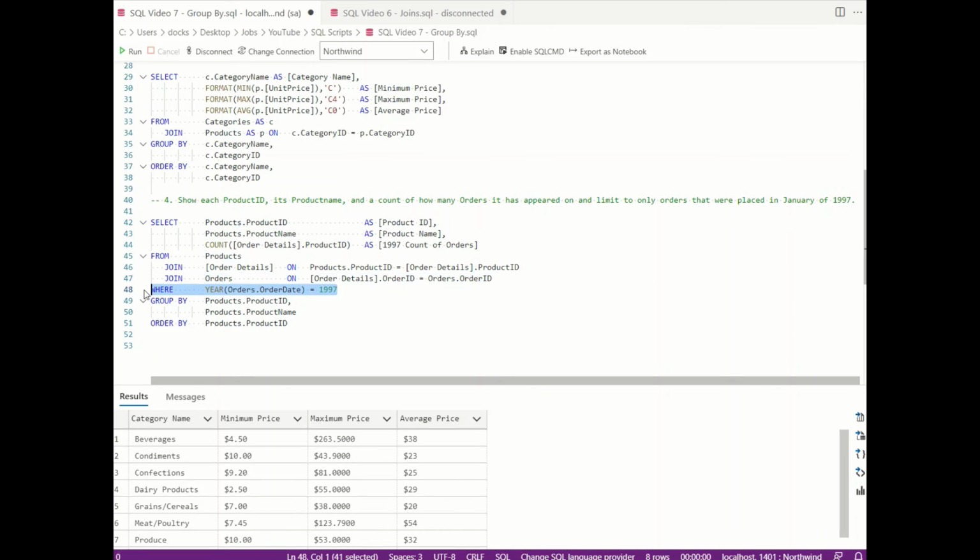We're adding in this condition where the year in the order date from the orders table is equal to 1997. And we're grouping by product ID from the products table, product name from the products table, ordering by product ID here. And you'll notice we've got the year set as 1997. But what about this January here? Let's add